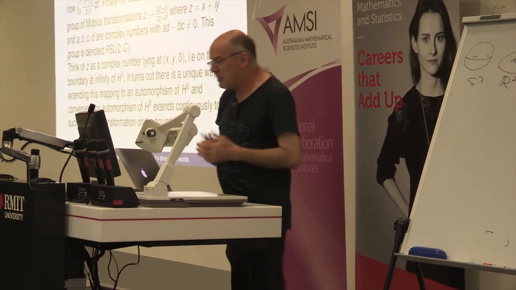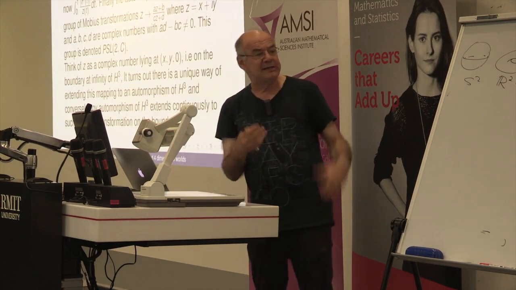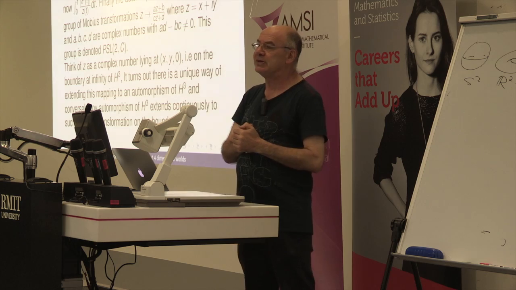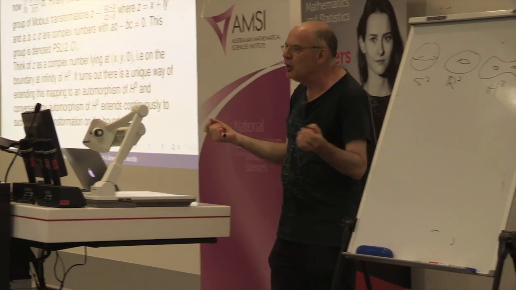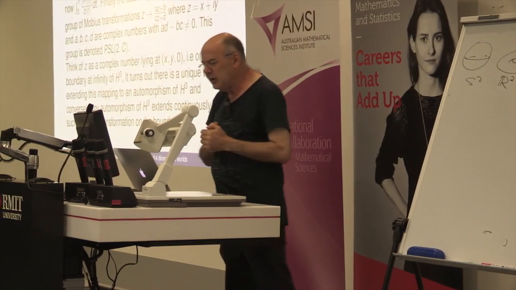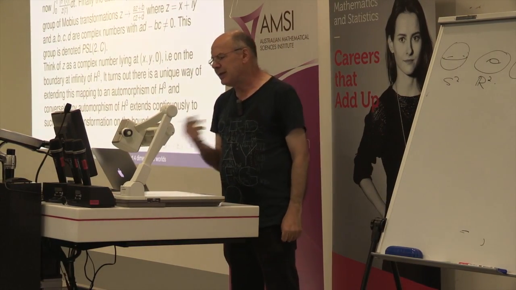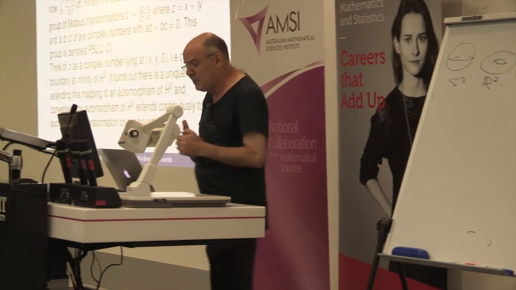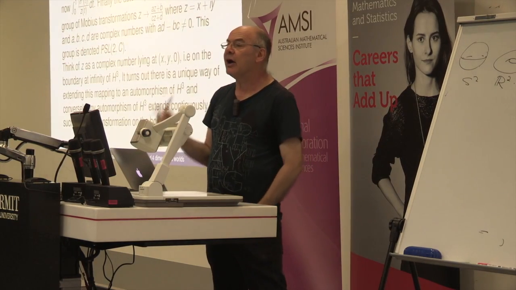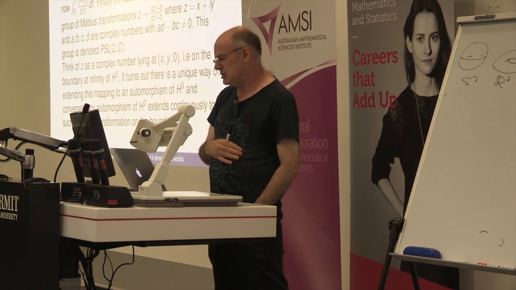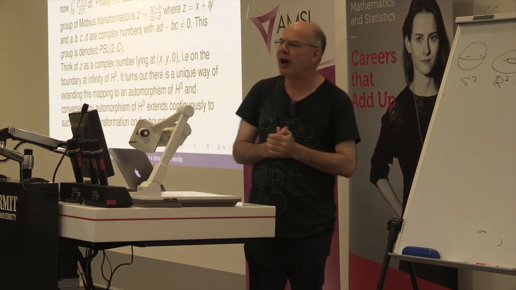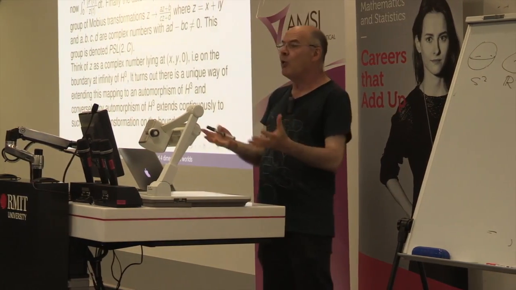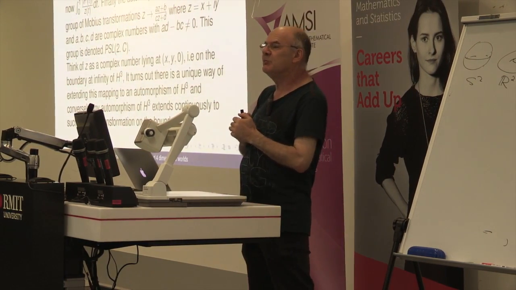So hyperbolic three-space is very easy to work out. We just take upper half space in R3. We do the length of curves the same way. Shortest paths are arcs of circles again. The automorphism group works slightly differently, but almost the same. It's sort of amazing. We get Möbius transformations, but in this case, the coefficients are complex numbers. Now you might say, well, that doesn't look right because I'm transforming a complex number to a complex number. What I want is a three-dimensional vector to a three-dimensional vector.